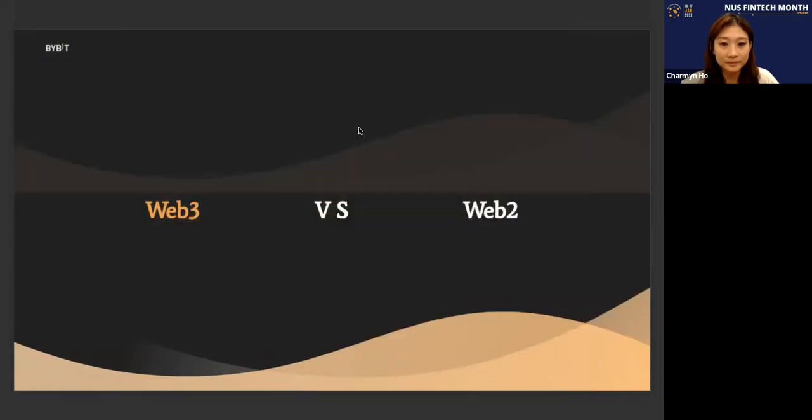Okay, next. So we go to Web 3 versus Web 2. But these are not mutually exclusive or dichotomous concepts, and it should actually not be viewed as such. There's a lot of value in having Web 3 concepts and technology work together with Web 2 ones. The metaverse is one such example. For our idea of the metaverse will never actually be possible without the synergy of both Web 2 and Web 3 concepts. So there's a lot that each side can learn from one another, and we always have to maintain a balance in all things. Okay, next.